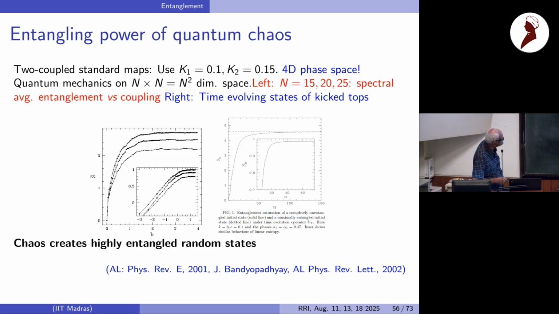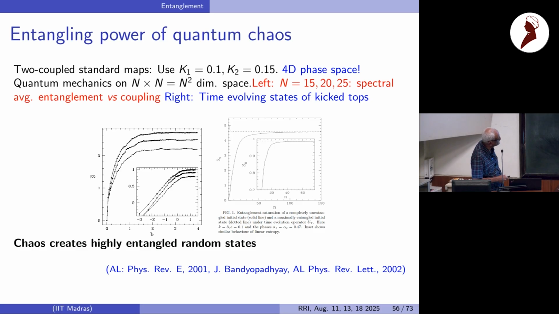So it's 0 without any coupling, however chaotic your system may be, because it's unentangled. And then it grows and it saturates as this coupling strength increases, and you have full classical chaos, which corresponds to a fully entangled system also in a quantum mechanical sense. And this value here is exactly the log n minus half value that you find. This is for different values of capital N, 15, 20, and 25. So log n minus half is increasing. So this was some of the early works which kind of showed that random matrix entanglement for random states is found in